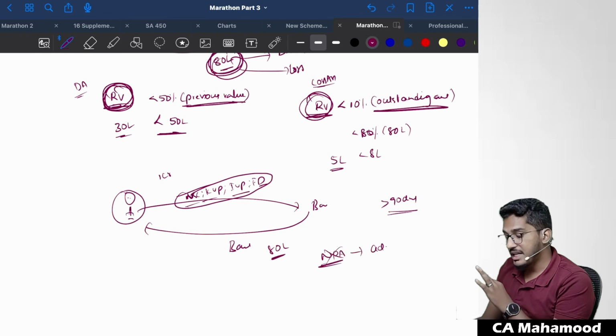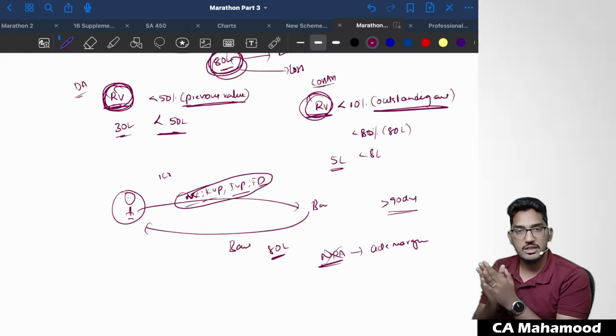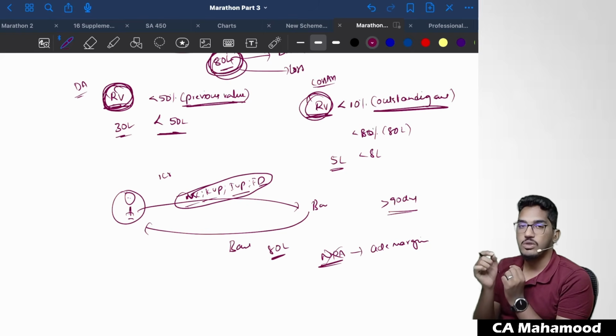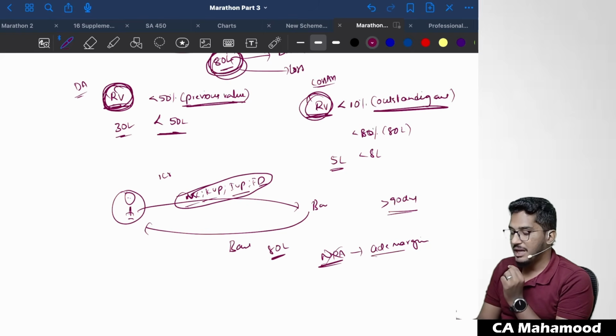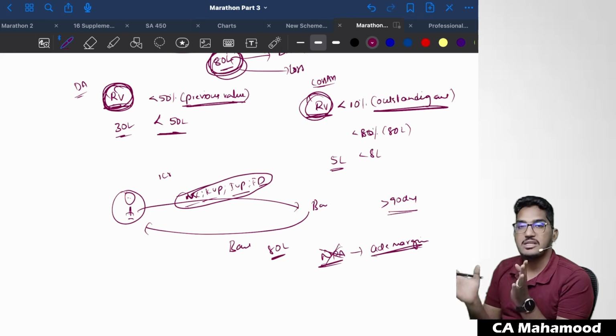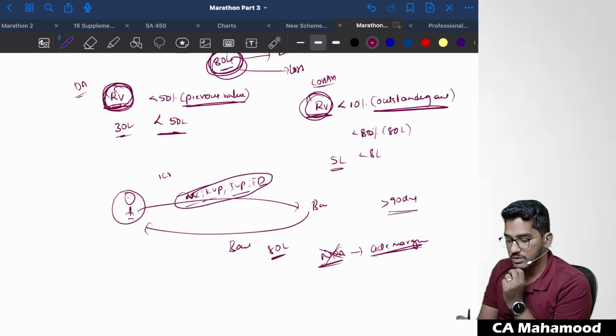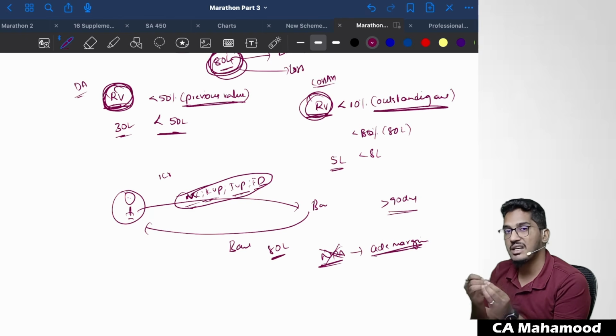Provided the condition is that adequate margin should be available in that account. What is margin? As I told in the previous case, the excess of the value of the security over the loan amount is what we call margin. Till the time adequate margin is there, that account need not be classified as NPA. Sir, why has this provision been introduced? Because fixed deposits, NSCs, KVPs and IVPs are risk-free investments and can be readily converted into cash. Here banks carry a very low risk.